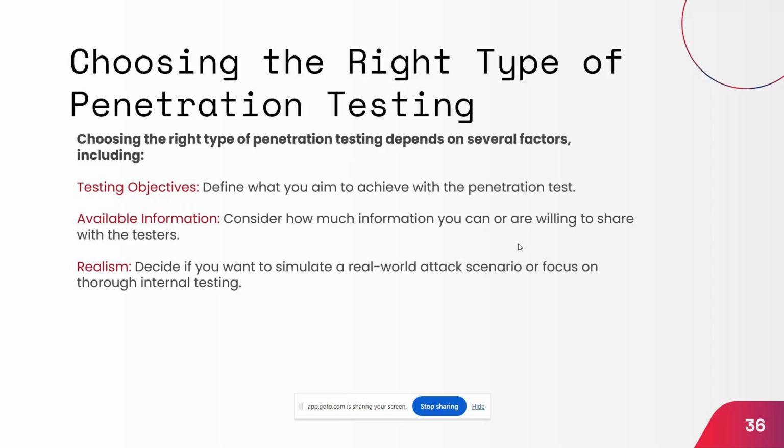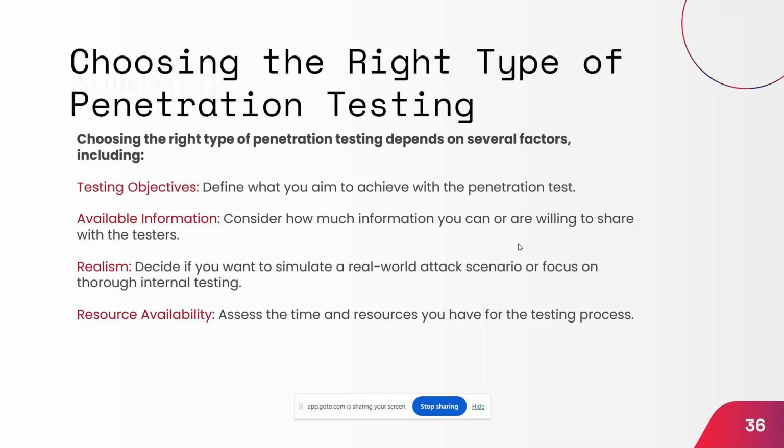And realism: decide if you want to simulate a real world attack scenario or focus on internal testing. So if you would like to perform a real world attack, you can go with black box. Maybe if you would like to focus on covering everything, then you can go for white box. And depending on the resource availability also, we can choose it, guys, right? So in summary,